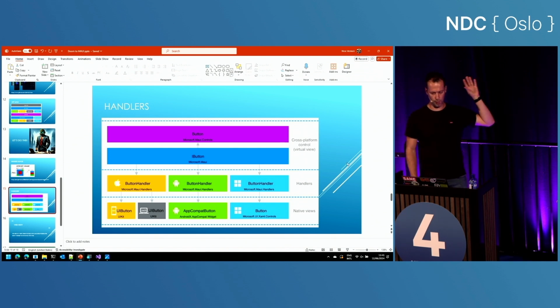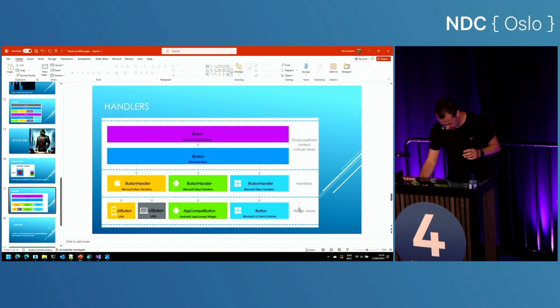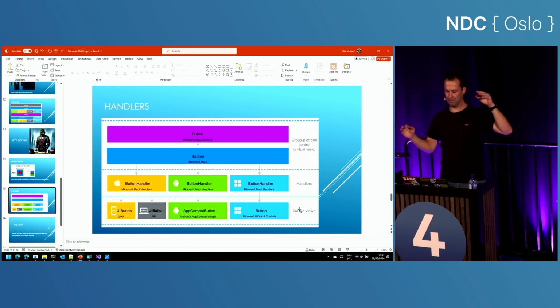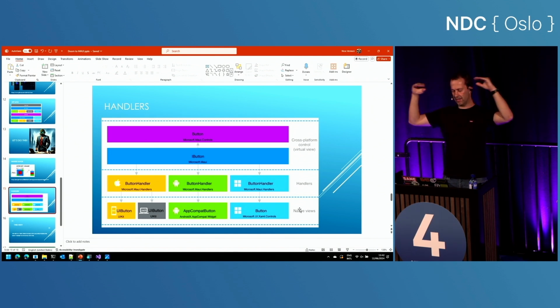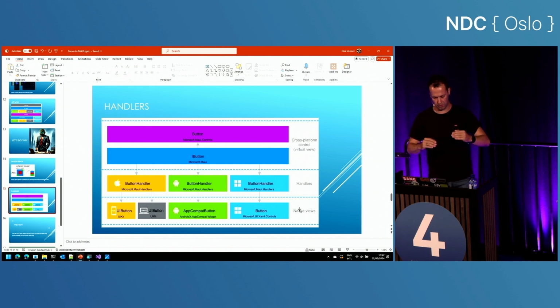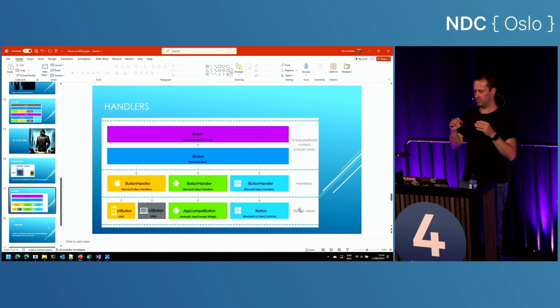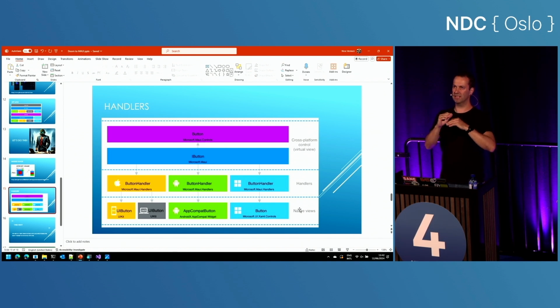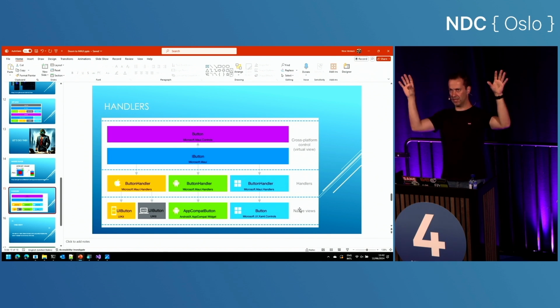This is how controls work on MAUI. So again, at the bottom you have your native views, and in this example it's a button. You have your native UI button on iOS, you have your native app compat button on Android, and you have your button on Windows. On top of that are abstractions called handlers. And handlers are MAUI classes, just calling into the native platform controls. Every handler has an abstraction in the form of an interface, which in this case is iButton. And iButton gets implemented by button, which is abstraction on the highest level.